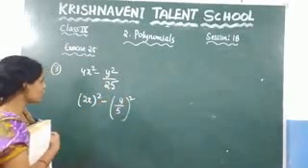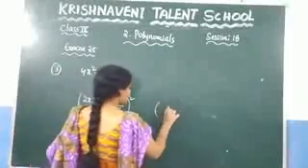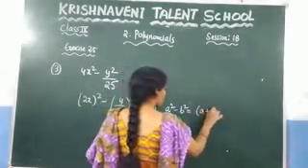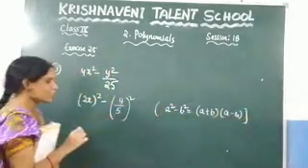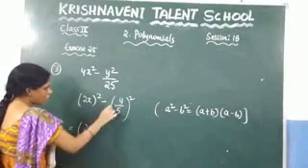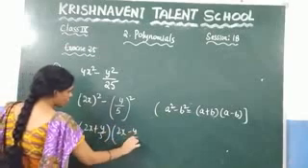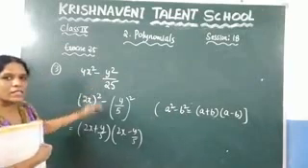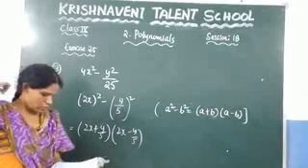So I have written this one in the form of a square minus b square. Now what is the identity we know here? You know that a square minus b square is nothing but (a plus b) into (a minus b). Right? So here, for a plus b, what is the value of a? 2x, and the value of b? y by 5. So (2x plus y by 5)(2x minus y by 5). We have written this as a product of two factors. This is the problem. Now see the next question.